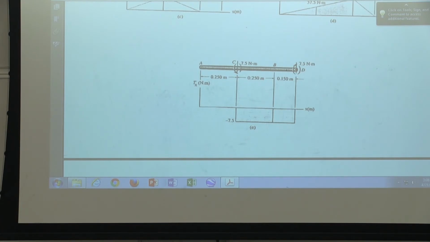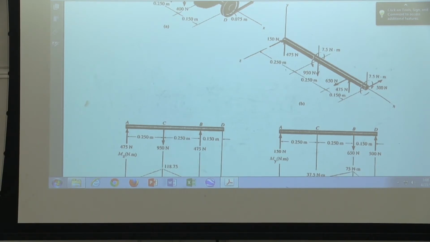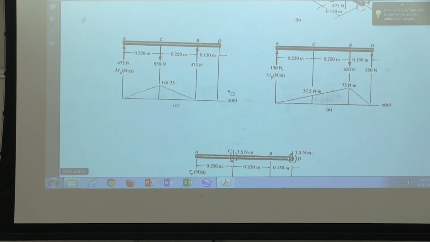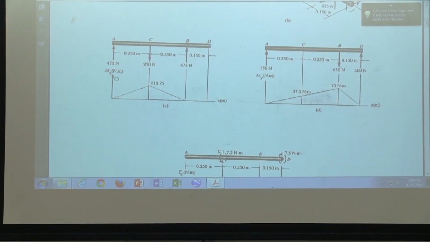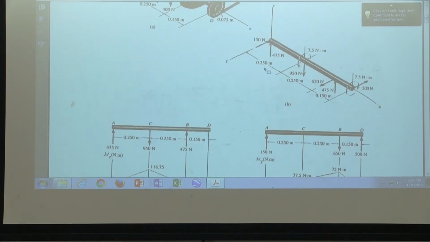Now let's go back to our loading system. Look at this load. This load is vertical, yes or no? Which gives me this beam, yes? It is a load of 950, the sum of the two, yes or no? Then you have a reaction here, then you draw your moment diagram, which is MZ, yes or no? Correct? Now, going to the plane of X and Z, which is this horizontal plane, you have a load of how much? The load of 650, correct? And you have these two reactions. Everybody see what I'm talking about?